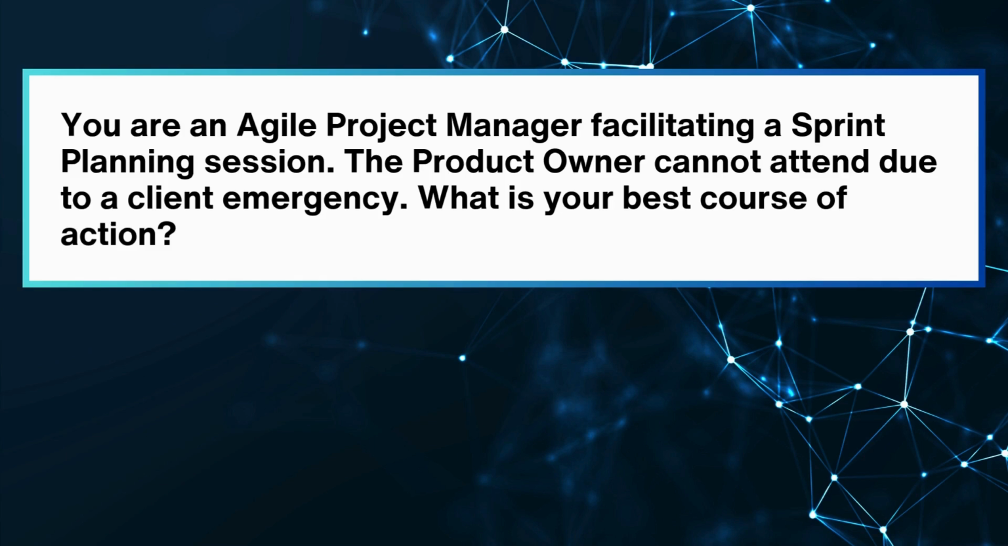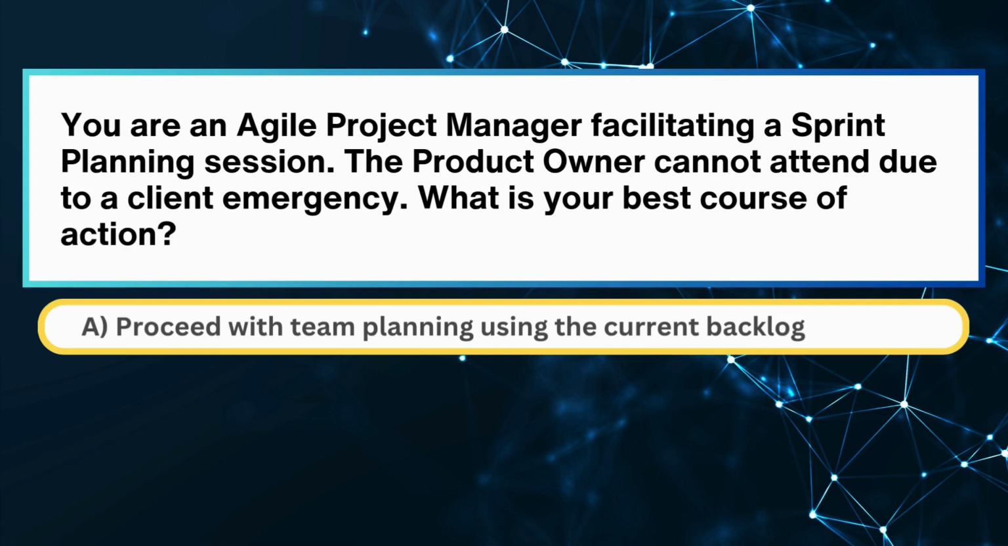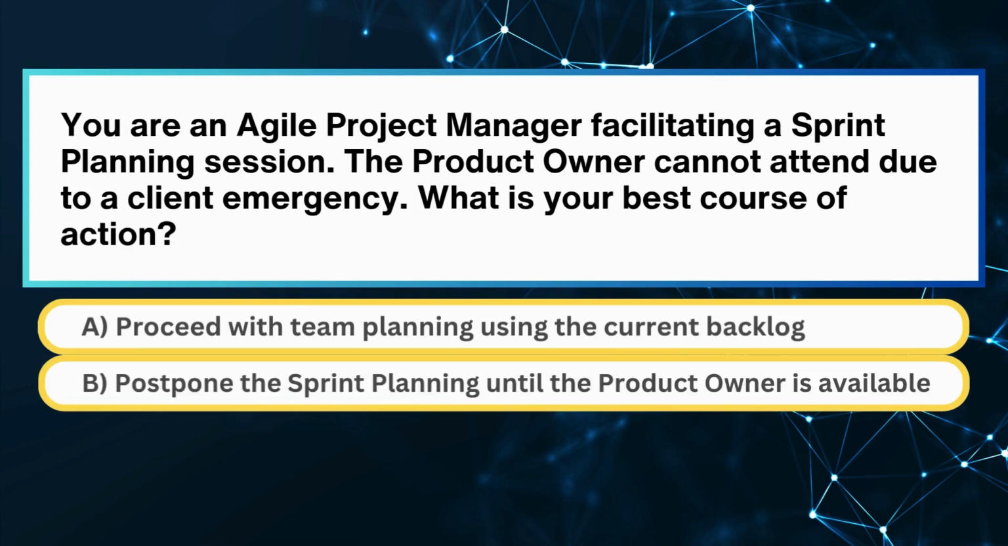You are an Agile project manager facilitating a sprint planning session. The product owner cannot attend due to a client emergency. What is your best course of action? Is it A. Proceed with team planning using the current backlog,